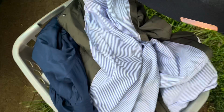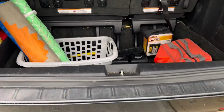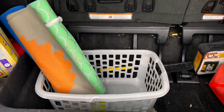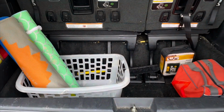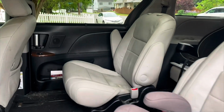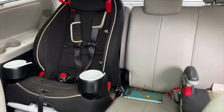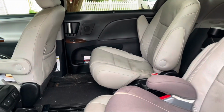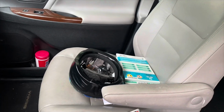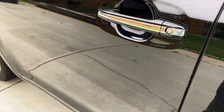Anyway, there's a lot of raincoats in here from the week, and so I just shove everything into my basket, take it inside, put everything where it belongs. And then the basket lives in the back of my car for things to hold during the week, and also for me to empty it out at the end of every week, because with 3 kids and everybody's in sports and activities and homeschool co-op and going to see friends and library, whatnot, my car gets like that. So the only thing that's left now are library books that need to be returned and a helmet that needs